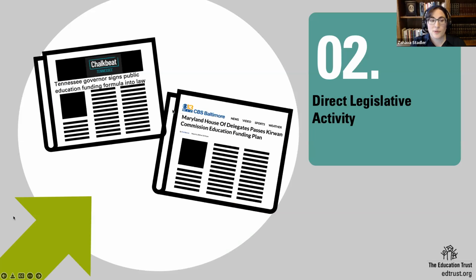Another obvious opening is direct legislative activity on the issue. So if anyone here is from Tennessee, this has been a major story for you over the last few months. The legislature here just passed a total overhaul of the state education funding system. We also have instances where the legislature has elected to tackle school funding, but has delegated the task of studying the best system or of suggesting new funding policies to an appointed commission. And recent reforms in Texas and Maryland were based on commission recommendations.